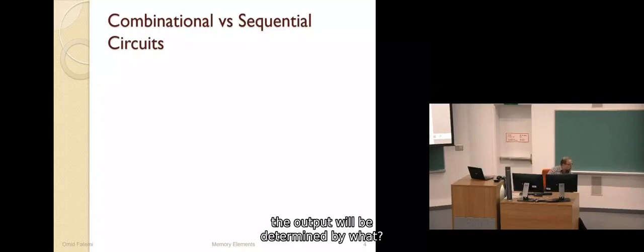So the output will be determined by what in combinational? The output is going to be determined by the inputs. Is that right? So if you have an AND gate, you change one of the inputs from 1 to 0, for example, and the output is changed accordingly. Yes? But in sequential,